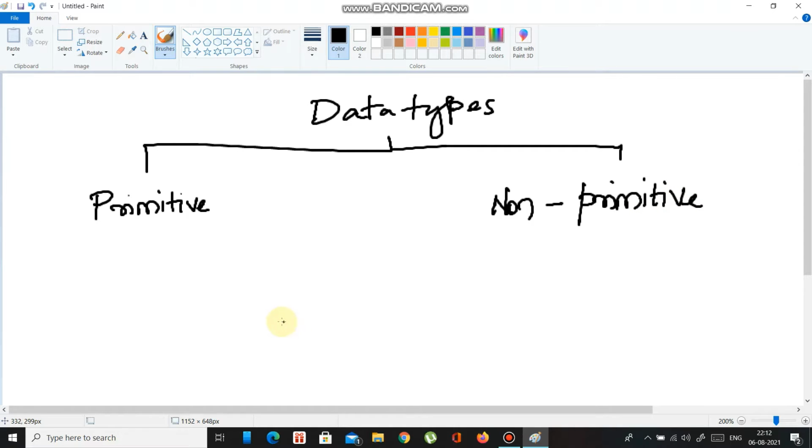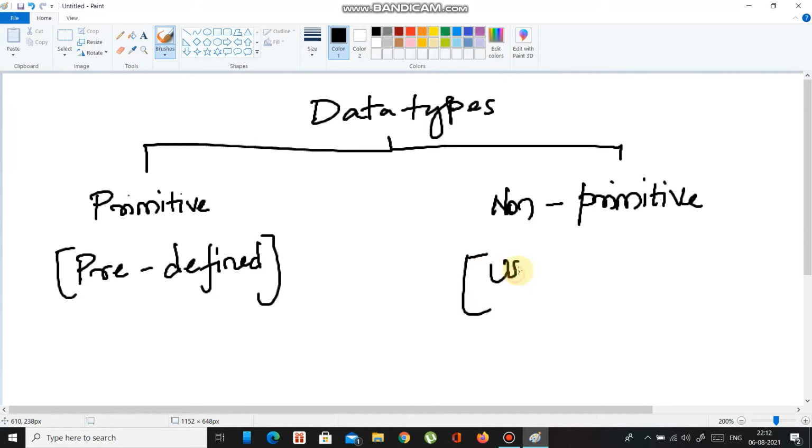So primitive data types are nothing but predefined data types. These are predefined. But non-primitive data types are user defined. For better understanding, predefined means it's like you already stored it.